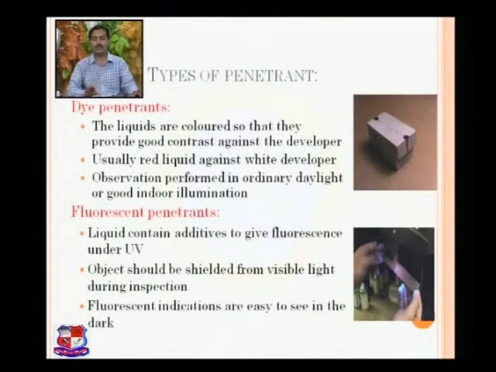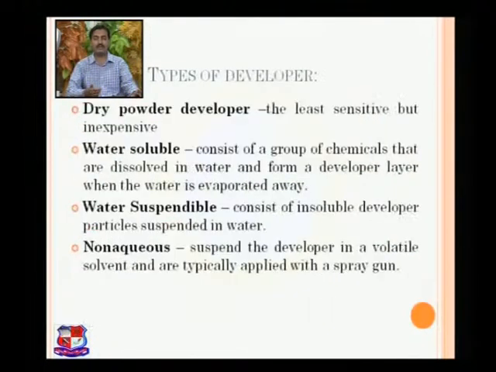The whole testing is carried out in a dark room, so that when we expose it to the ultraviolet, it will give out light in the visible region, and that glow will be visible to us and we can identify the presence of it. As shown in the slide, the person is doing both tests, and you can see that the glow is visible immediately, because they give an indication in terms of bright colors. So these are the two penetrants frequently used in a liquid penetrant test.